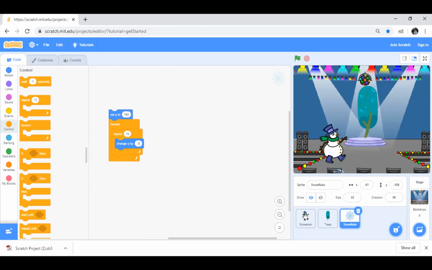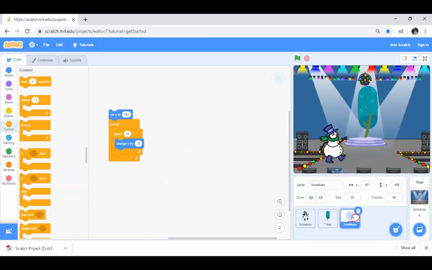Okay. Now let's do one thing. Krish, what you have done, you have coded for just one snowflake right now, correct? Yes, sir. Do right click over here and do duplicate. Oh, no. Don't, just remove it as such, delete it. Just drag this over here. Okay. So, sir, this sprite that I'm marking on the right hand side.